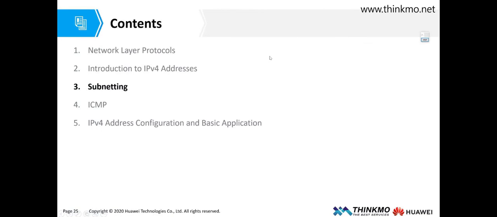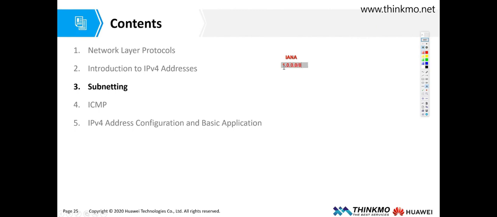Hello everyone, today we are going to explain subnetting. As we mentioned before, all addresses are actually allocated by an organization called IANA. It allocates them to countries, and countries allocate them to operators. The operators then allocate them to us. For example, here they gave me an address range of